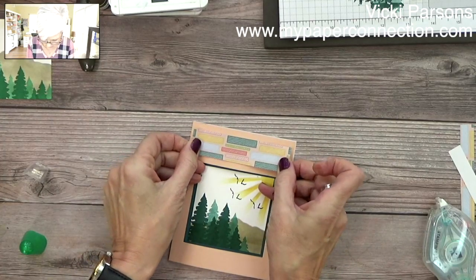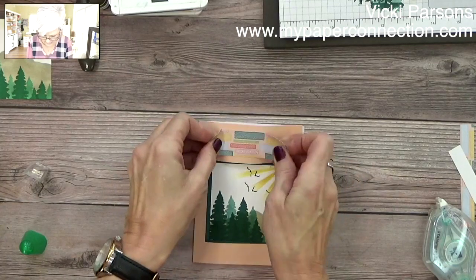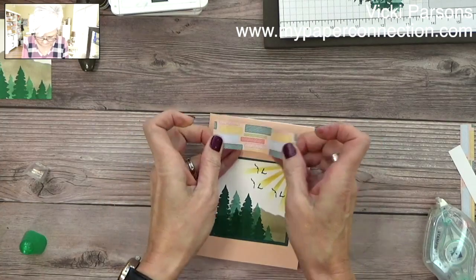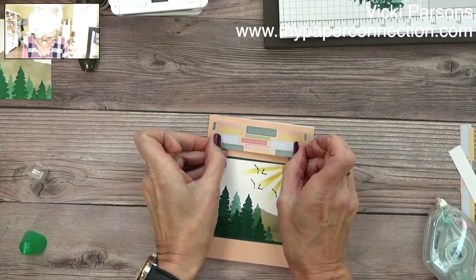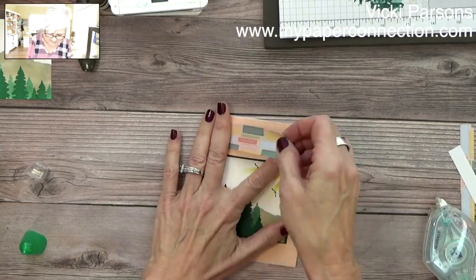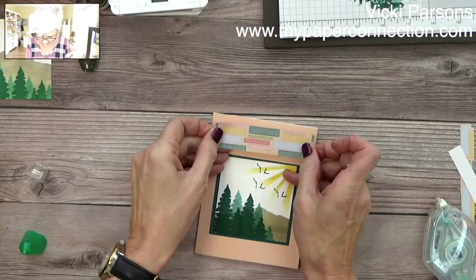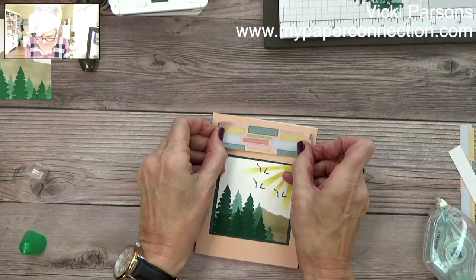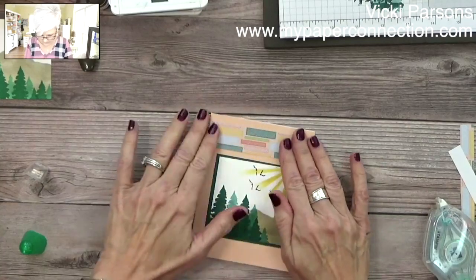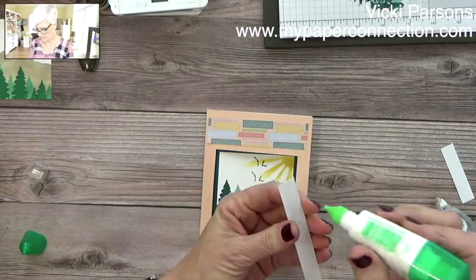Okay, so it'll be, okay, stop. Okay, let's try this again. Now I'm crooked. Oh boy, it's going to be one of those days, isn't it? Okay, let's try this again. I probably should have done this before I actually put the thing down in the middle. There. Okay. All right, see, now I know I'm going to do this